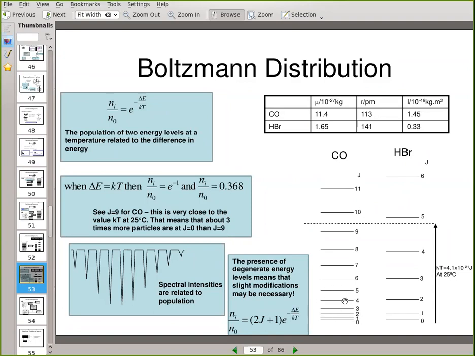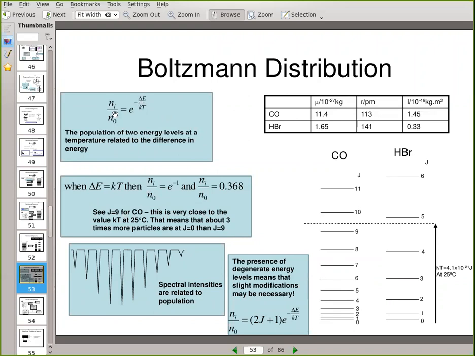So if there are multiple energy levels at level number 4, for instance, then calculating the populations is not going to be as simple as comparing one against one. We need to know how many are present there to compare it. So we might have to adjust the Boltzmann distribution to account for there being several levels at the same energy level. But just to give you an idea with carbon monoxide and hydrogen bromide, I would like to get